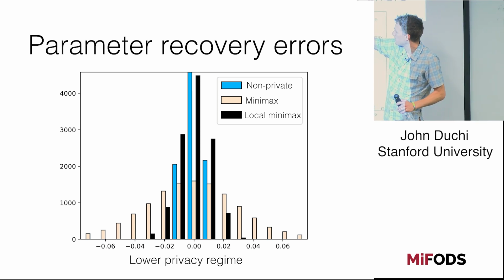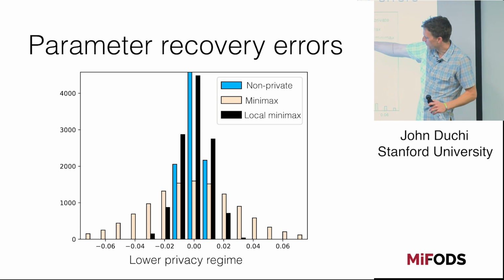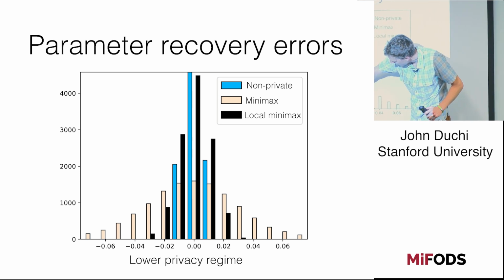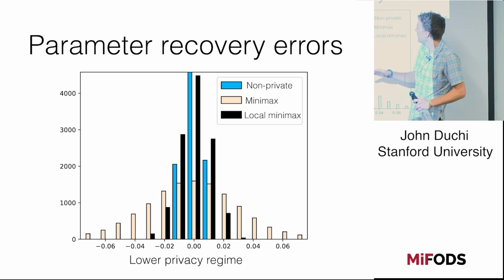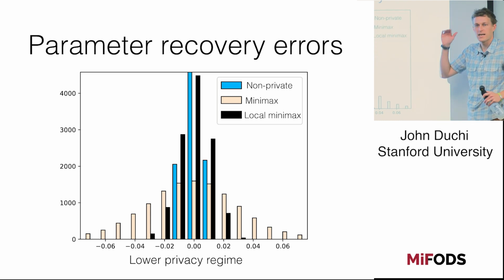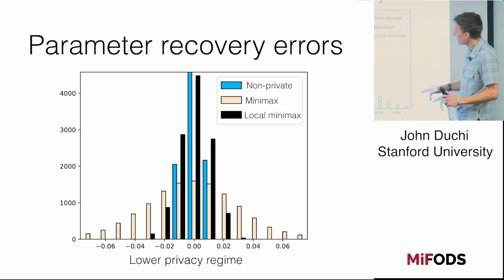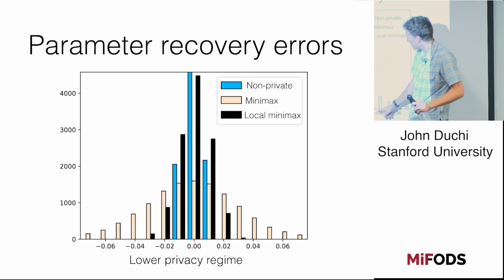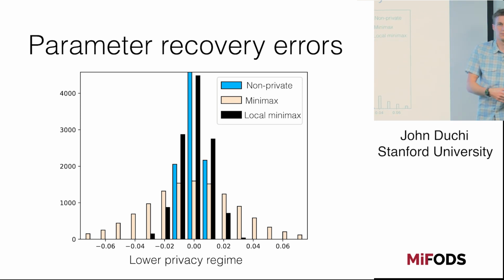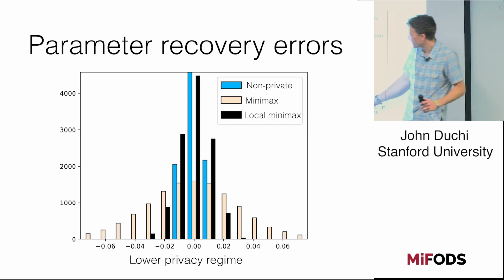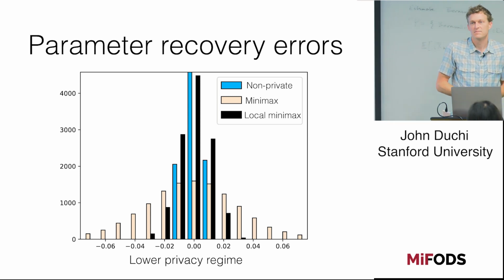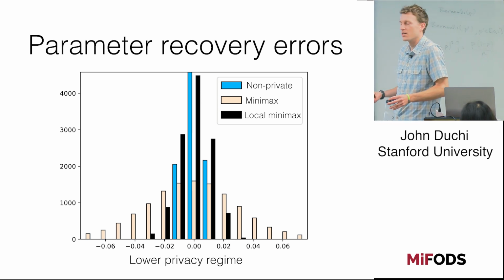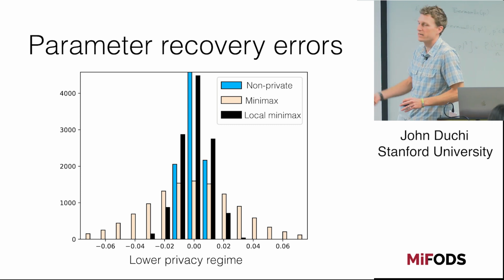The blue is the non-private estimator. Typically it has errors that are very small, in the neighborhood of, say, minus 0.02 to 0.02. That's where its errors are all clustered, so not too much error. The black is this locally optimal approach, trying to adapt to the difficulty of the problem at hand. You can see the errors here are not as good as the non-private scheme, but they're clustered in a neighborhood. If you try to just optimize for worst-case behavior, you get these very wide tails. You are much less accurate than you want to be. That being said, this is still definitely not as good as being non-private.